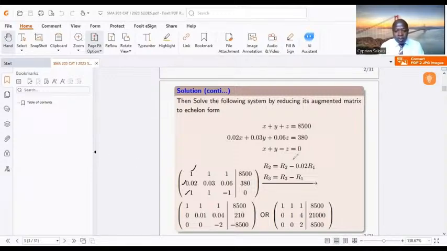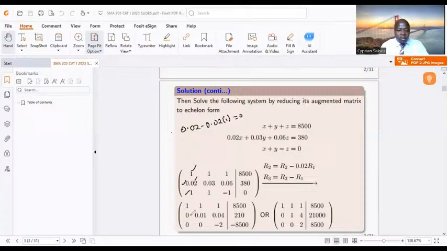Row 2 minus 0.02 of row 1. So that means at this point, I take the point in row 2, which is 0.02, then minus 0.02 of the value in row 1, the same column. Row 1, the same column, the value is 1. And so that gives me 0. And so that is the 0 you're seeing here. It's the 0 you're seeing in this